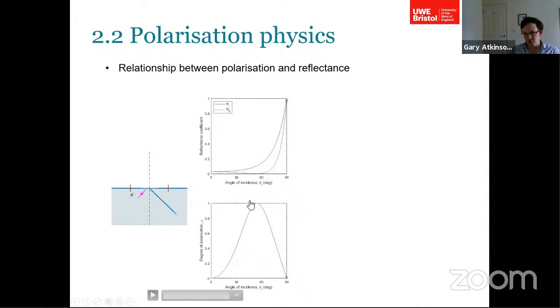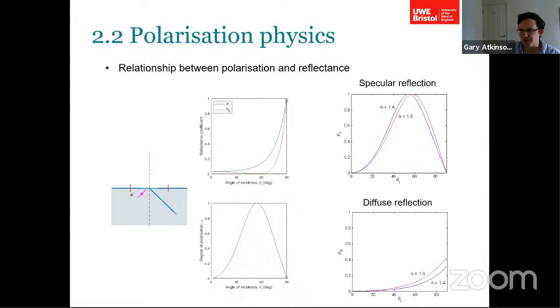And this graph at the bottom is to show that in graphical terms. You can see that as the angle of incidence increases from 0 to 90, we get up and up and up, and then a drop off near the end. Okay, that's well-established physics. A bit more recent physics, though, is to consider this for more complicated surfaces,